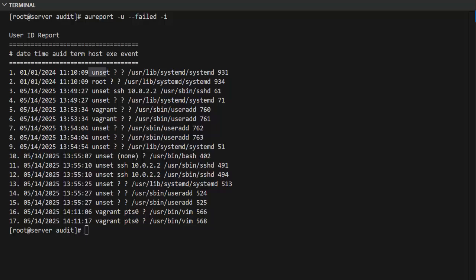Also, back up your audit logs or forward them to a remote syslog server. If an attacker gets in, they will try for sure to delete your logs, so don't let them erase the